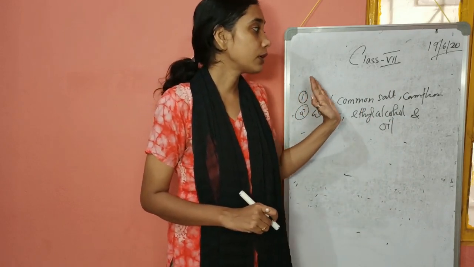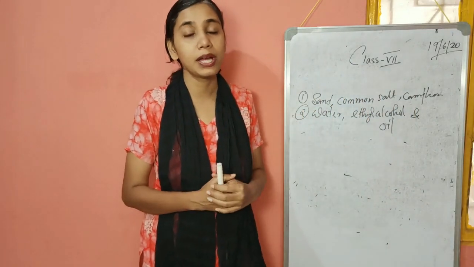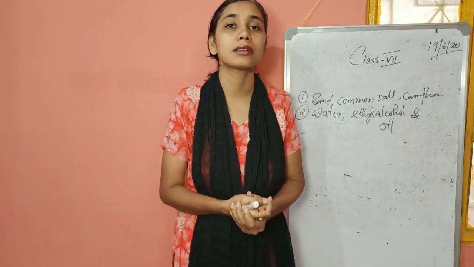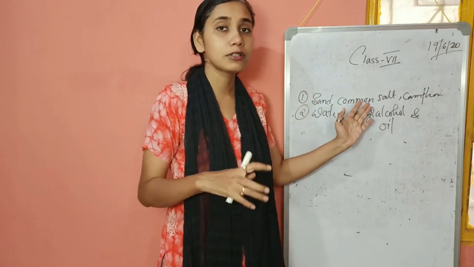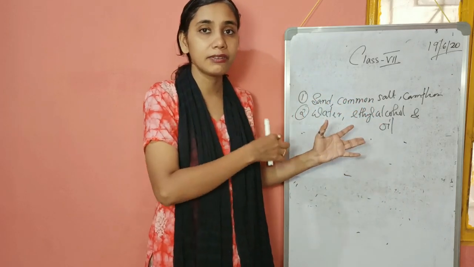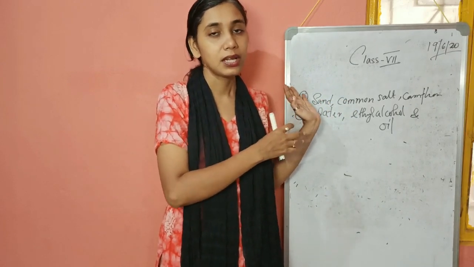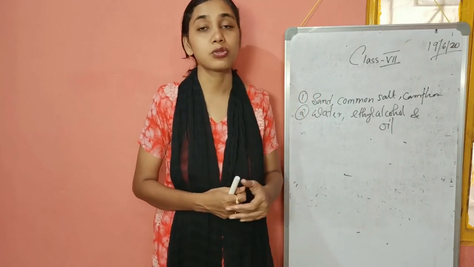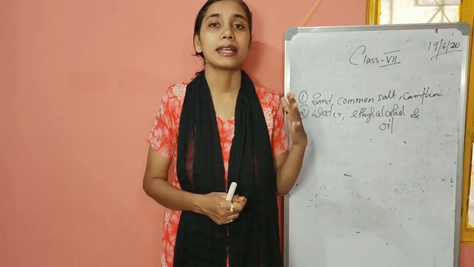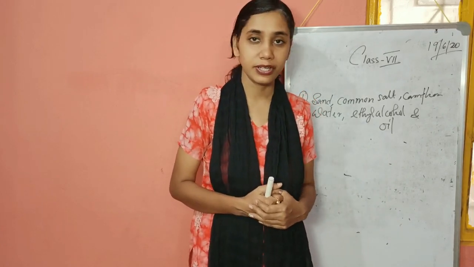So if we sublime camphor, it will get separated. We can collect the residue part or the deposit part, then camphor will be separated. Then if we are adding water, common salt will get dissolved in it and then sand will remain as residue. We can filter and then sand will be separated. And we will get common salt solution which on evaporation we can get back the salt. So you will write the techniques only: initially sublimation, then adding water followed by filtration.